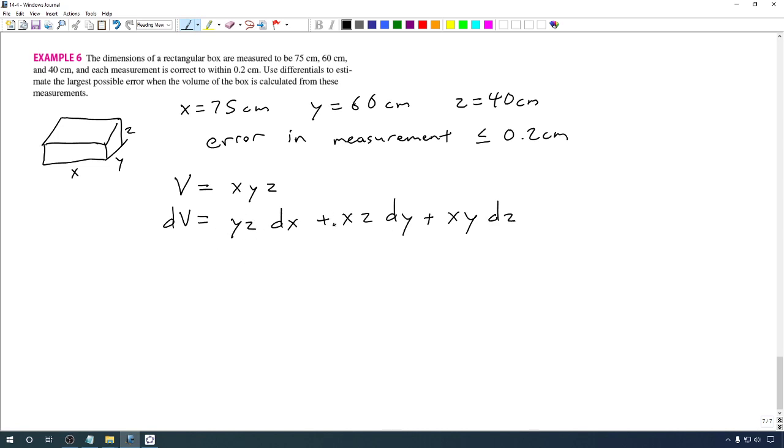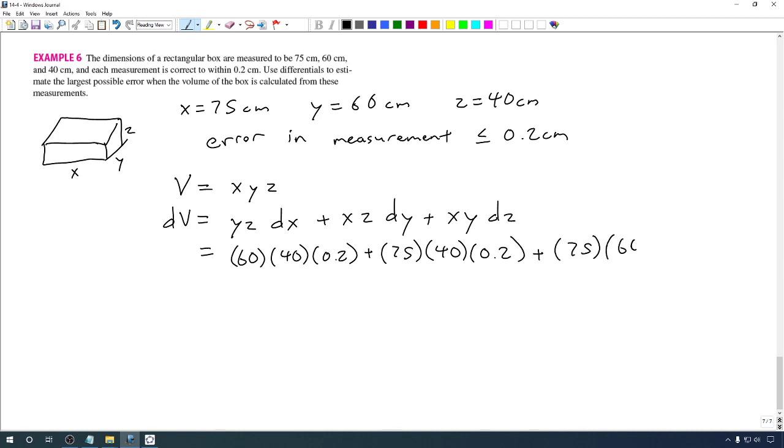Okay, now we go ahead and put in our values. We're considering the worst case scenario and saying that dx, dy, dz are all 0.2. In reality, we're basically saying that all those are no bigger than 0.2, but here we don't know, they could be up to that. So that would be the worst possible situation. We put our values in. We have 60 times 40 times 0.2, 75 times 40 times 0.2, and then 75 times 60 times 0.2. Or in other words, when we multiply all this out, we get